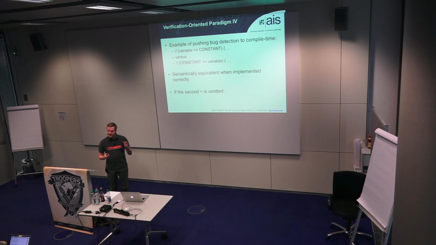If you forget that second equal sign in C, the first one will compile, and then it will give you unexpected results that will only be found at runtime. The assignment will always happen, and it'll go into that loop, and now you're trying to debug a logic error. Whereas the second one will fail to compile because you can't assign a value to a constant. This is a really trivial example, and there are a lot of other ones, but I like to see that people think: if I'm going to program in a way where I assume I might make a mistake, I want to get caught and be told about it before I get embarrassed later.